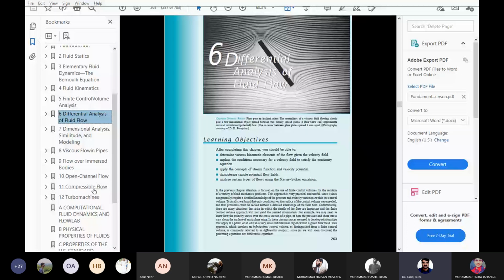Have you taken a course of thermodynamics, or are you taking it now? Yes, sir, in this semester. Okay, so you will discuss compressible flows, the flow through nozzles and diffusers and things like that, there. So we are not going to discuss that, but instead we are going to move on to the most interesting